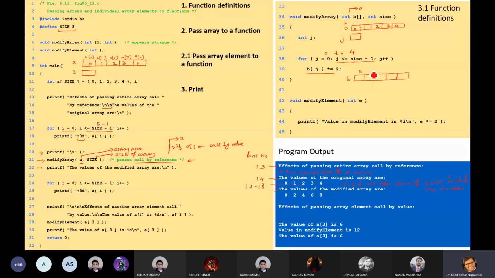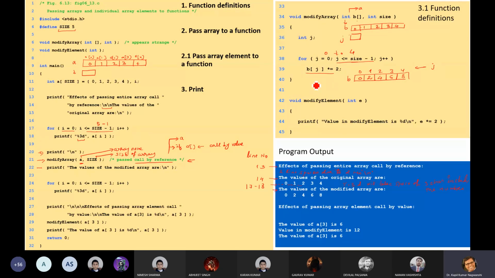What is the value of j? 0, 1, 2, 3, 4. So for the jth iteration, it will convert this value by multiplying by 2. So B[j] *= 2. 2 multiplied by 0 is 0, 2 multiplied by 1 is 2, 2 multiplied by 2 is 4, 2 multiplied by 3 is 6, and 2 multiplied by 4 is 8. Okay.